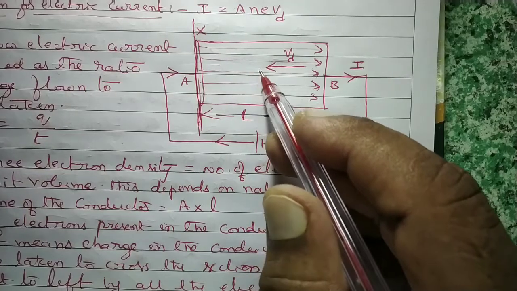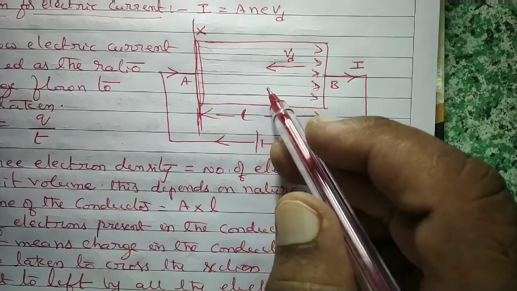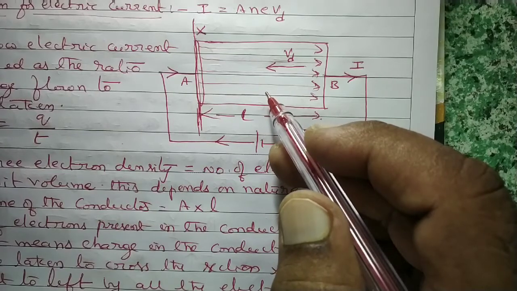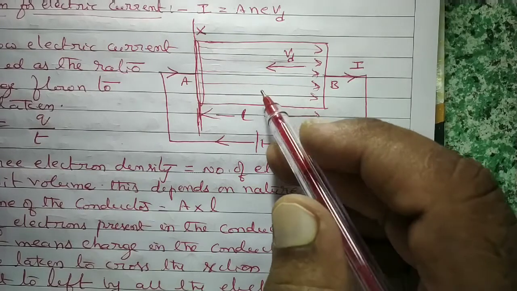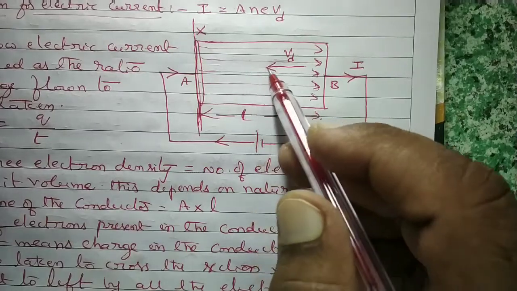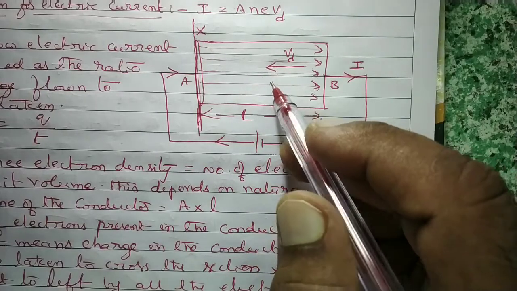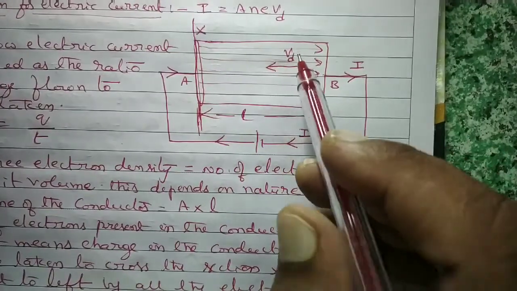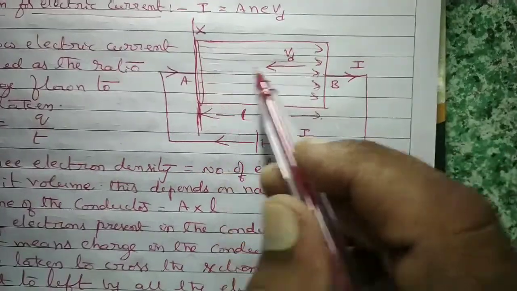Conductor is what? Metal. In metal, what charged particles are there? Electrons or protons? Means electrons. Because protons cannot come out of the nucleus. If you are bringing protons outside the nucleus, it is a nuclear reaction, but it is not easy to conduct a nuclear reaction. So that is why the charge carriers are only electrons. And in the current direction, no particle will travel in the metals. Instead, in the opposite direction, electrons are drifting.